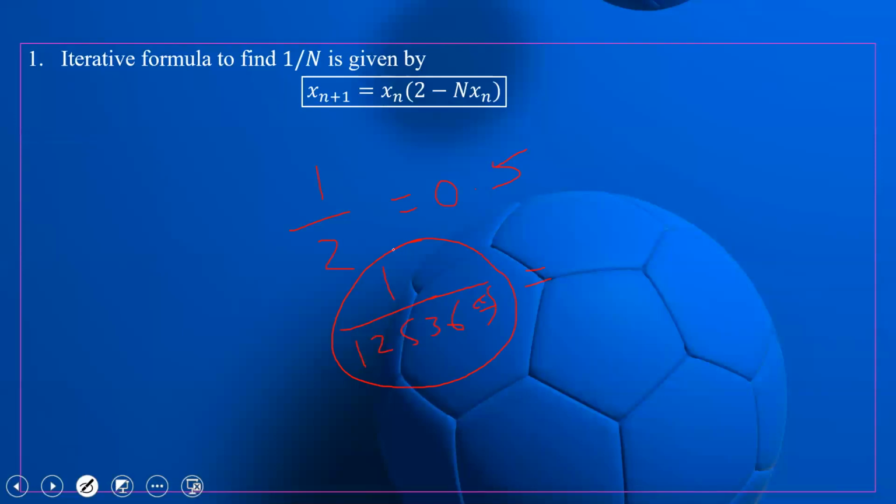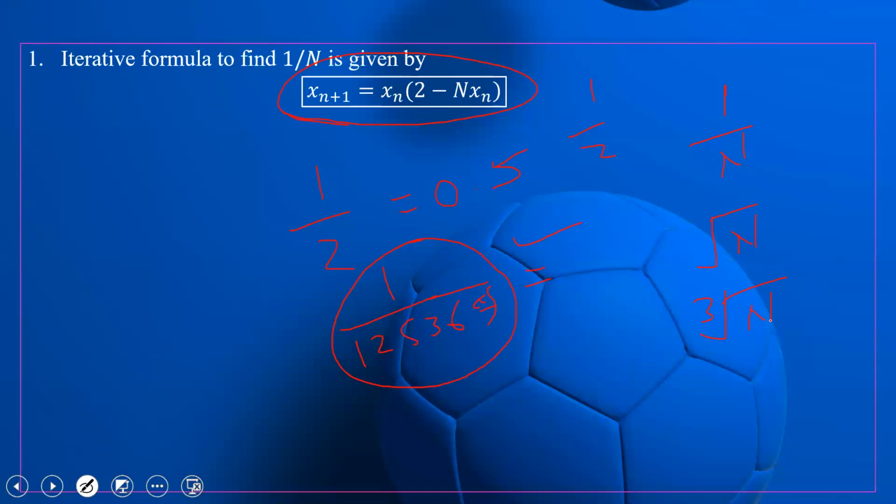So right now, what we are using in our calculator, if we want to find the value of 1 upon 2 or 1 upon this, we are able to find its value. It is due to the Newton-Raphson method. In our calculator, the Newton-Raphson method is inserted. With its help, we are able to find the value of 1 upon n, or the root of n, or the cube root of n. We are able to find all these values because in our calculator, there is a programming of the Newton-Raphson method.